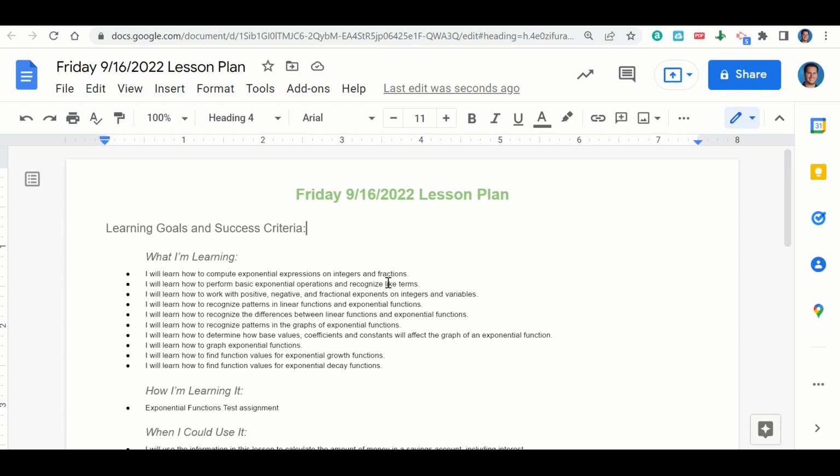operations and recognize like terms, how to work with positive, negative, and fractional exponents on integers and variables, how to recognize patterns in linear functions and exponential functions, how to recognize the differences between linear functions and exponential functions, how to recognize the patterns in the graphs of exponential functions, how base values, coefficients, and constants will affect the graph